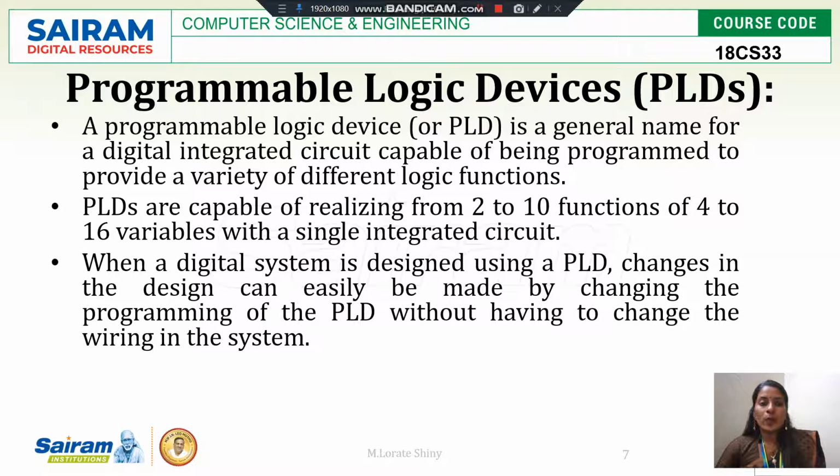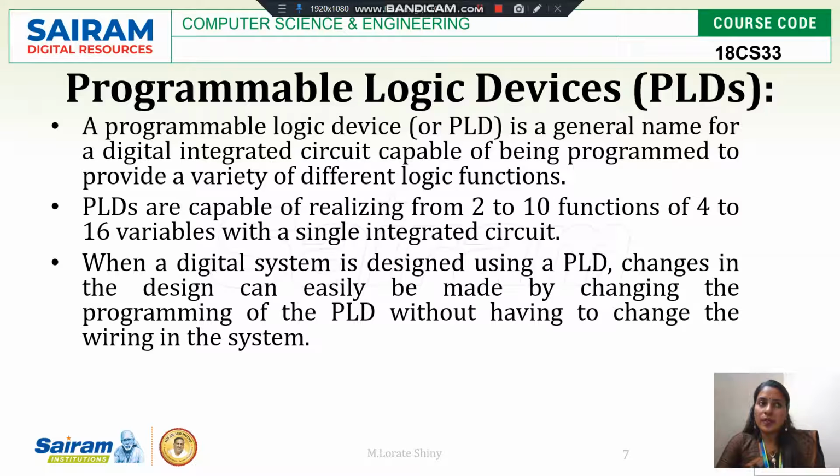Now, programmable logic device. A programmable logic device is a digital integrated circuit which is capable of being programmed to give a variety of different logic functions. PLDs are capable of realizing 2 to 10 functions or 4 to 16 variables with a single integrated circuit.